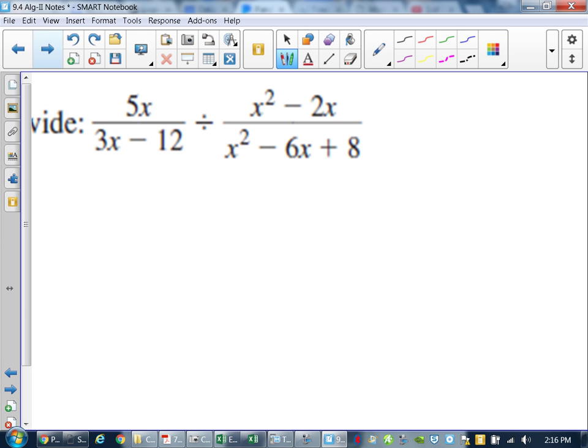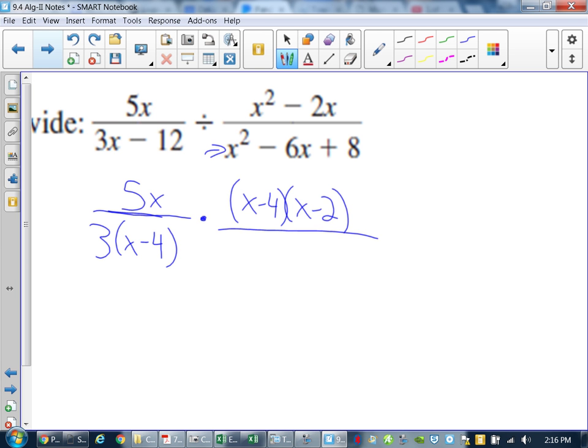No. So it's 5x. The denominator becomes what? Times, well, what times what is 8? We add together to get negative 6. Negative 4, negative 2, very good. And that goes over